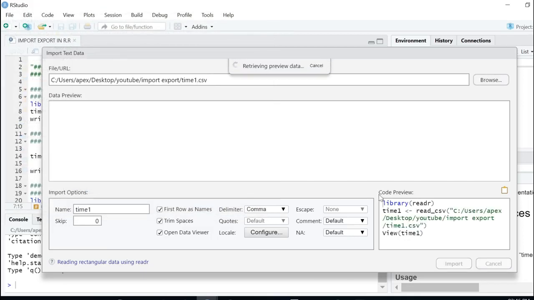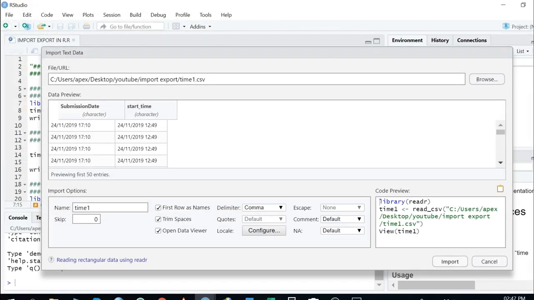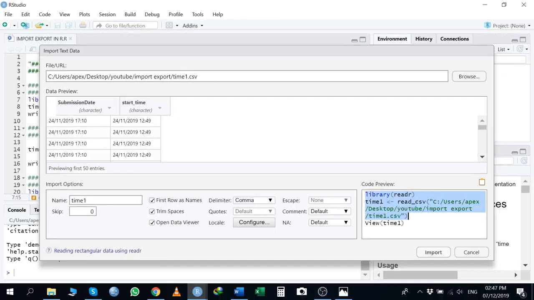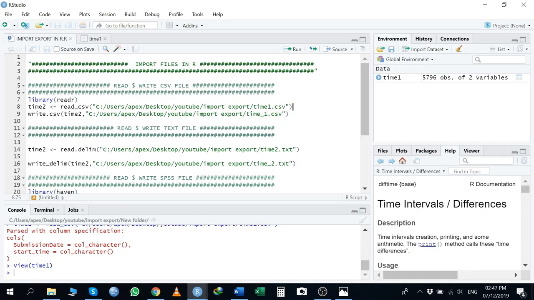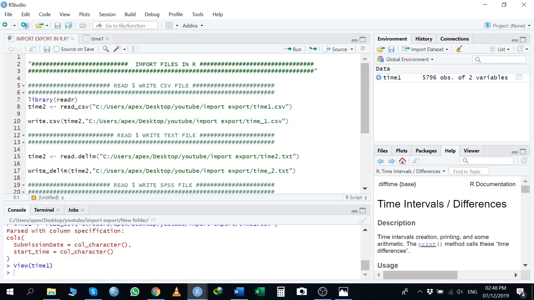When you open this file in the code preview, you can check here that R automatically generated the code for importing the file. You can copy this code and import the file. So you can check here that the file is imported. The code which you have copied from the code preview section, you just paste here to import this file again without wasting your time.